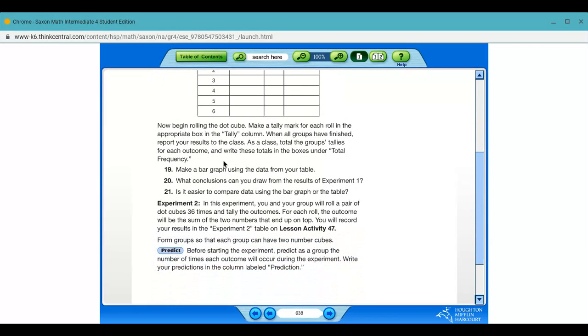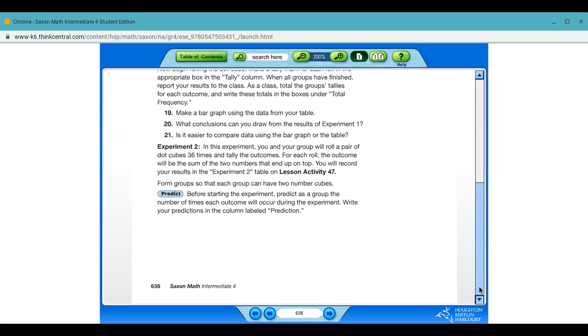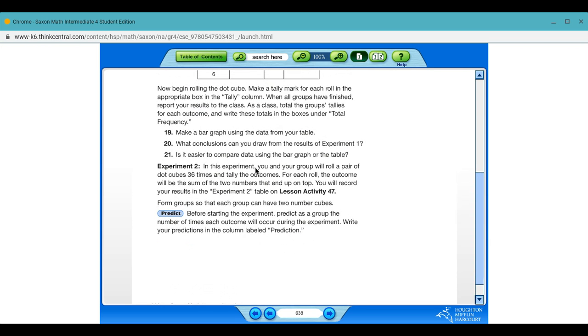And then number 19, make a bar graph. This is where you label the bottom, and then you draw a line going up and fill it in to see how many times. So, you know what, let me switch to a different screen, and I'll show you how to make a bar graph for this. And make sure you predict again in your second experiment. So that's the end of this, and then I'll make one